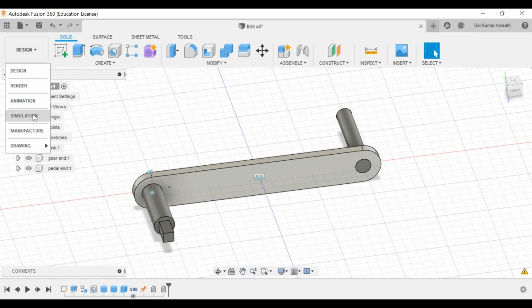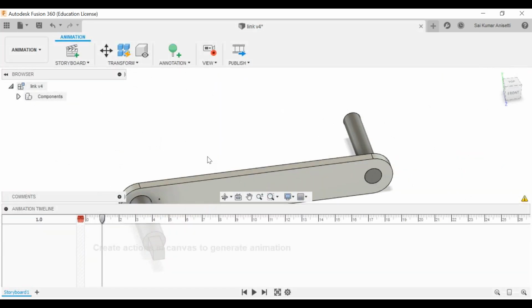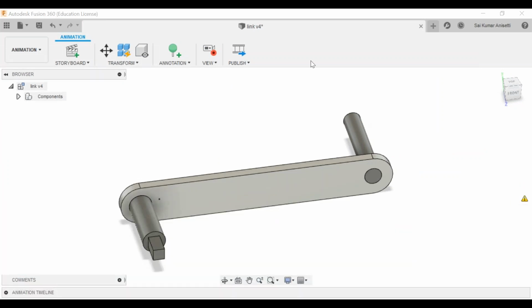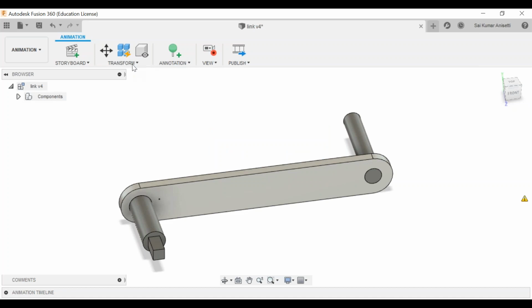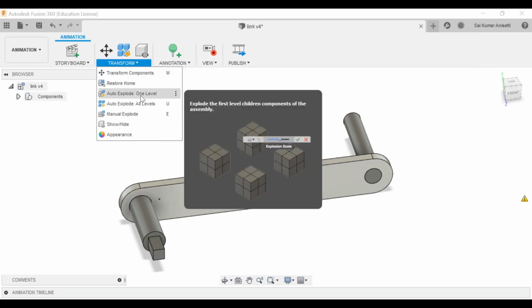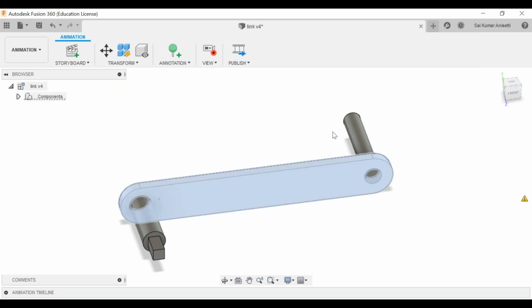Now what I'll do is I'll go to animation. Just hide your animation window. Okay, onto this animation window, what I'll do is transform available components to explode. I'll select number one, number two, and number three.